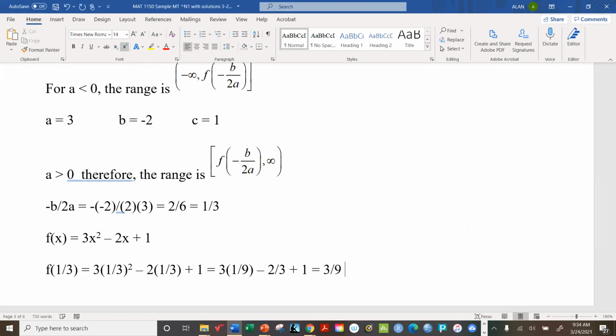That's 3/9 minus 2/3 plus 1 equals 1/3 minus 2/3 plus 1 equals 2/3. Because let's see, yeah, minus a third plus 1, 2/3. All right, great. So therefore, the range is